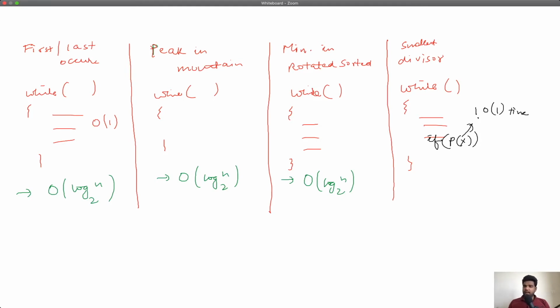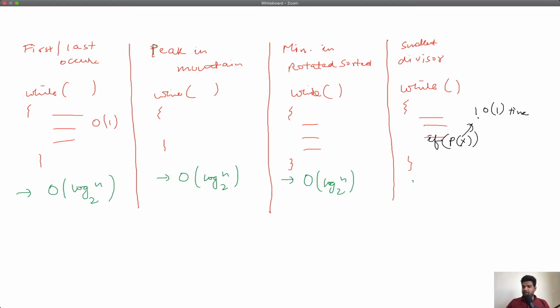Because in the predicate computation you are going through the entire array and dividing each element of the array with the divisor, taking the sum. So in every iteration of this outer while loop, you are not doing constant time work, you are doing order n work.